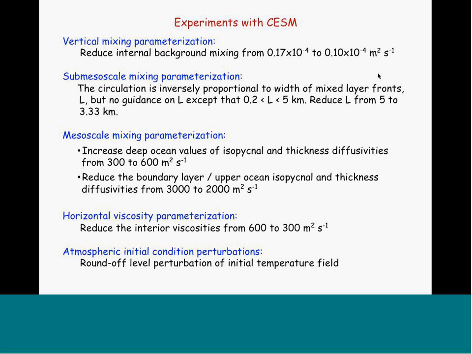And as a baseline, I also wanted to compare these to what happens if I make random perturbations to the initial conditions at the round-off level. So I can compare this set of parameter changes to those. You can also view these experiments, especially the initial condition perturbations, as essentially extending the integration length. In other words, the AMOC variability is non-stationary in a sense. I showed an example in the CCSM3 simulations. So next,